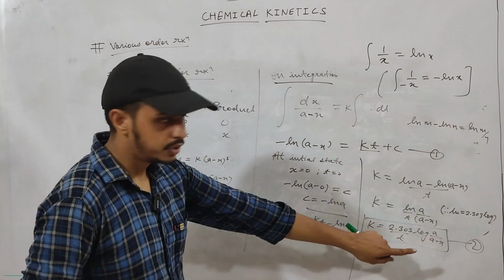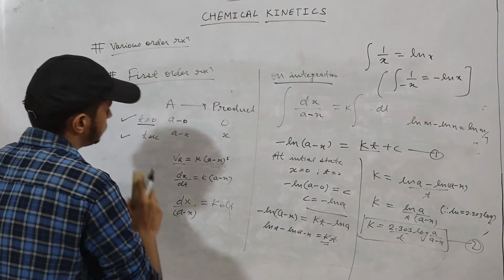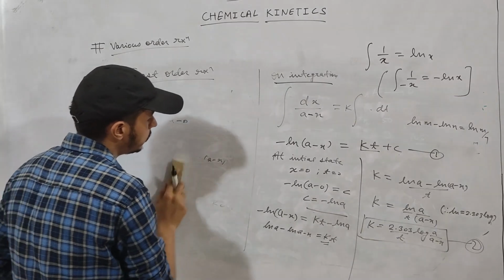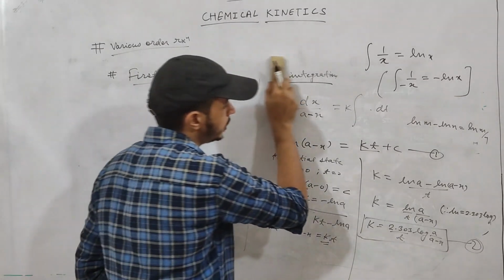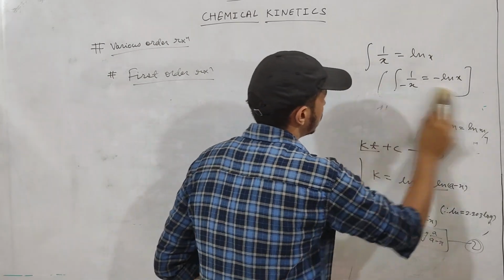Now with the help of this formula we will calculate half life for first order reaction. So what is half life? Half life means half the amount of reactant is converted into product. By using this formula